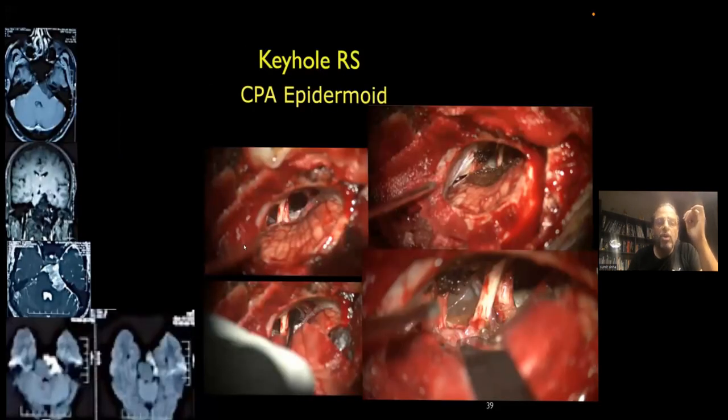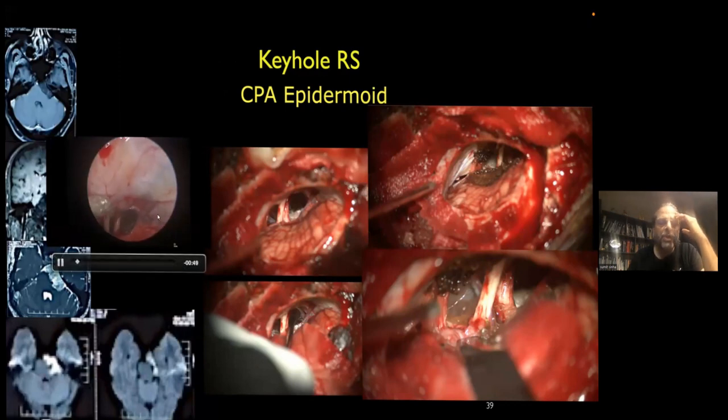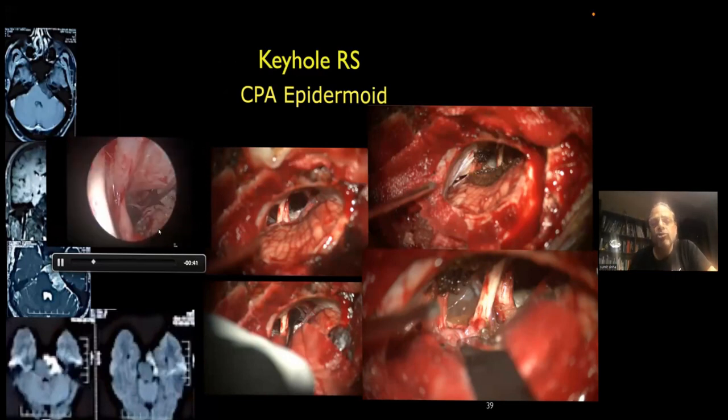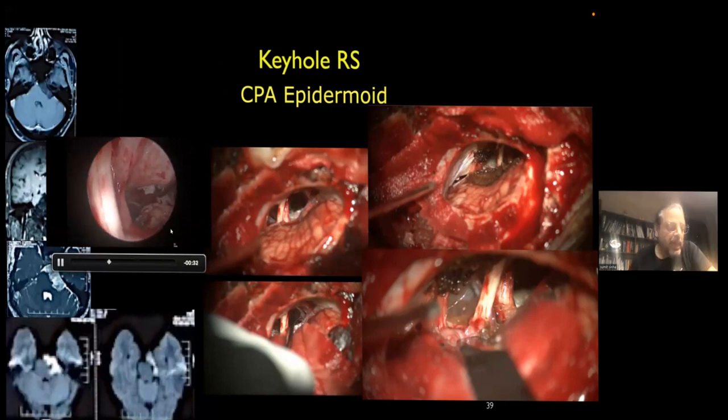CP angle epidermoids, or epidermoid anywhere, it's a beautiful tumor, and the endoscope, the angled scope, is used to visualize the nooks and corners of these tumors. And surprisingly, many times when you think that these tumors are completely removed, about 20-30% are still left in the nooks and corners. It is at this time that you take in the endoscope, the angled scope, and you remove the rest of the tumor tissue